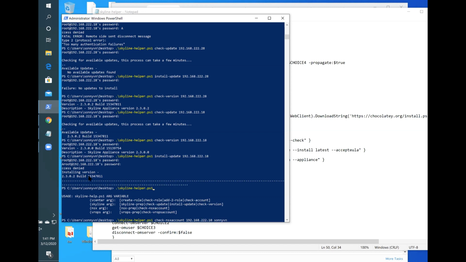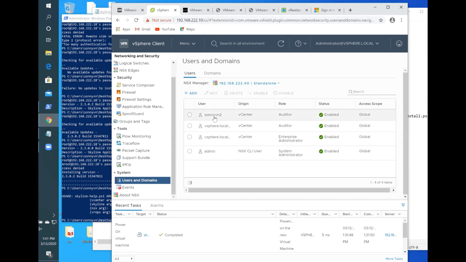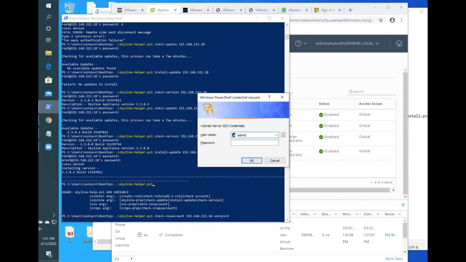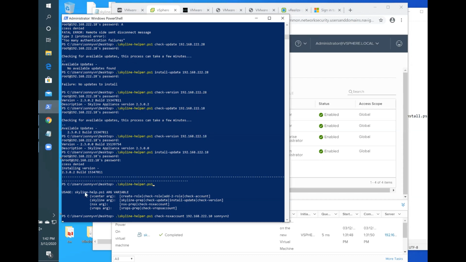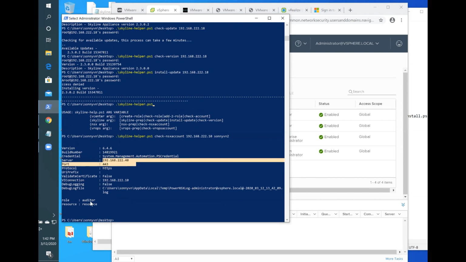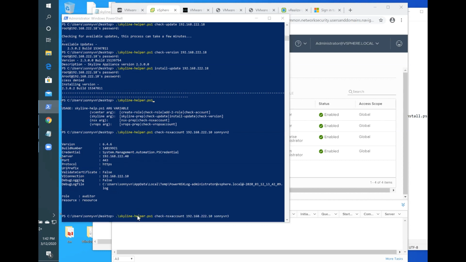And then, as I showed you guys earlier, I created an account with, let's see if I can show that one more time, I created an account with an audited role. So all I'd have to do now is to check that. Oops, not the right password. It tells you the version, it tells you the NSX server, it tells you the vCenter server, and it tells you the role of what you've asked for. And so, because I was looking for Sonny VN2, here it is. If I were to check for 3,